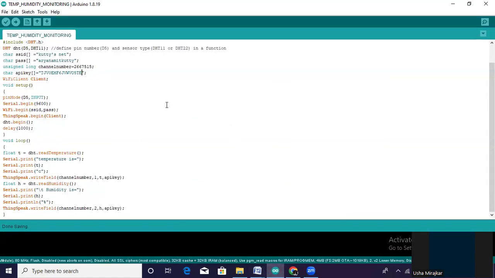Now let us start with the working. Now compile the program. Now as you can see, compiling is done here. Now we'll upload the program.